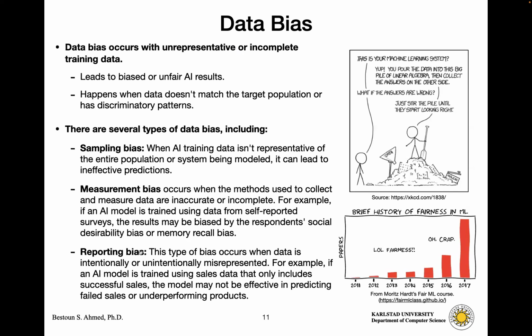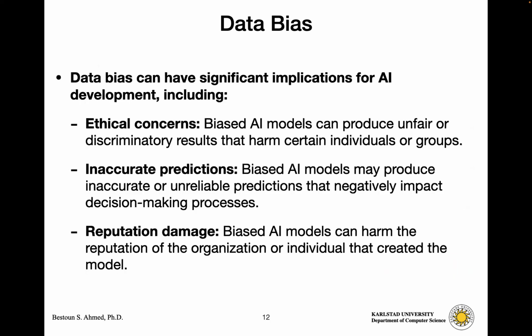Sometimes you get the data for sales, and you only report the successful sales. So the AI model produces a biased decision. When you have bias in the data and that data leads to a biased decision by the AI, it means that